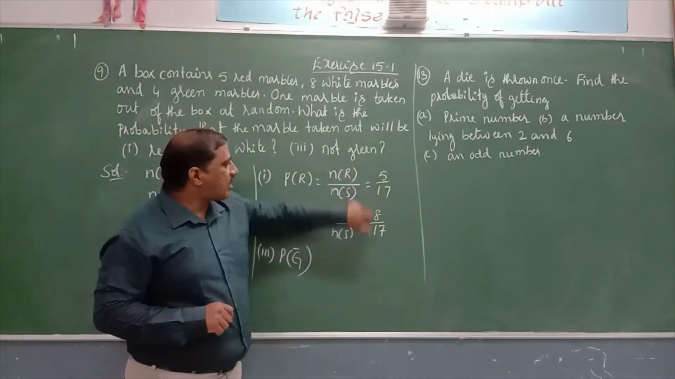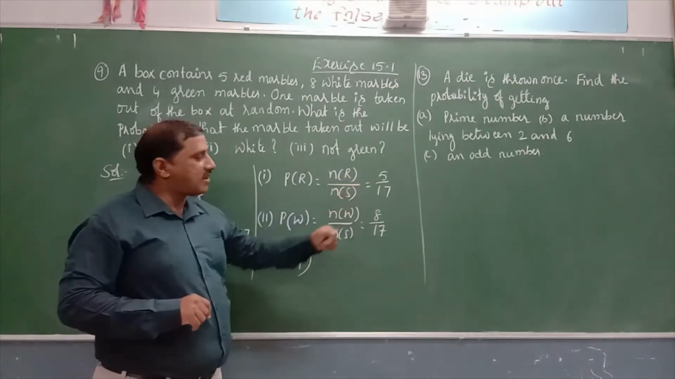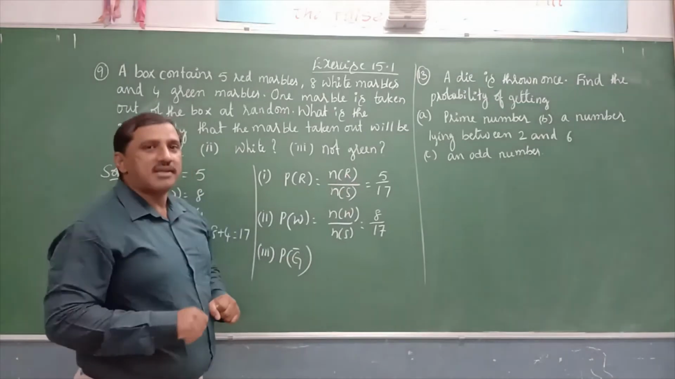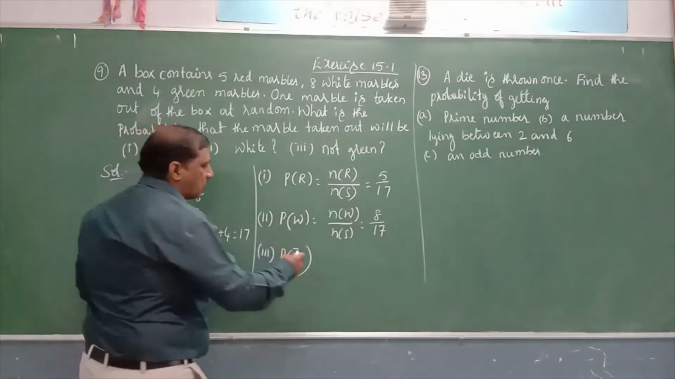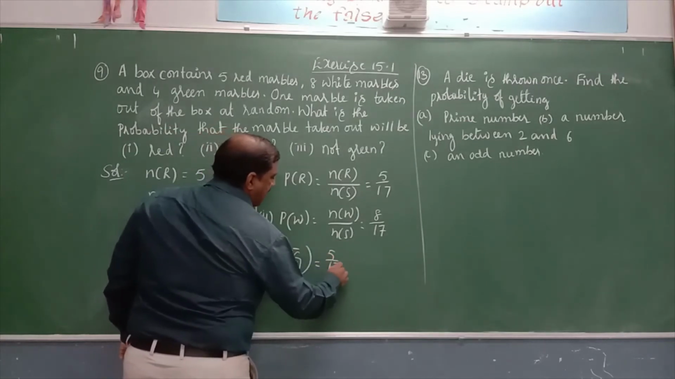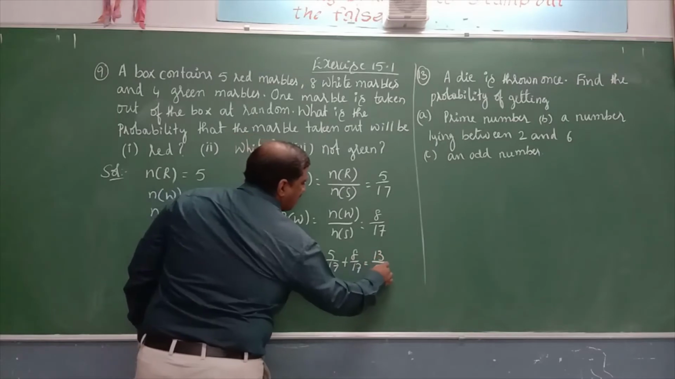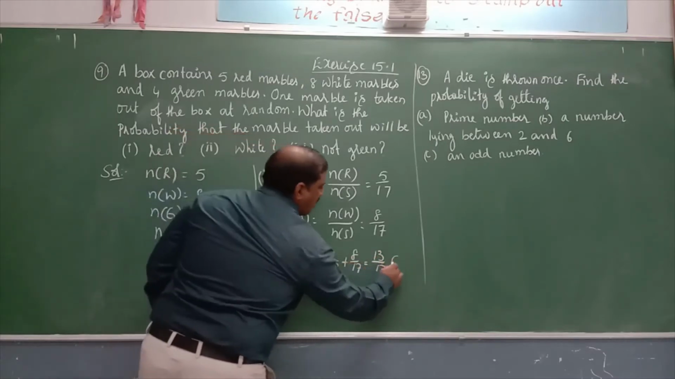By adding these two, what do we get? 5 by 17 plus 8 by 17 is also equal to 5 plus 8, it is 13, so 13 by 17. Like that also you can do. That is, 5 by 17 plus 8 by 17, which is equal to 13 by 17. Or as I told